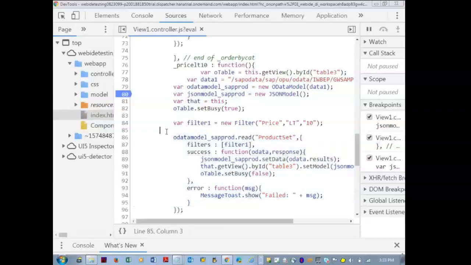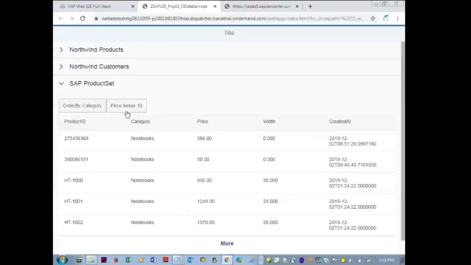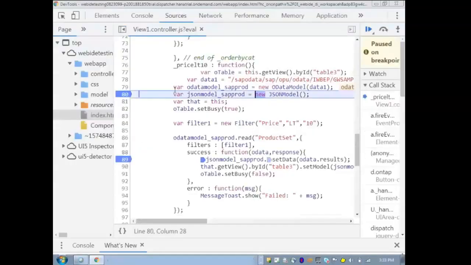Because in that scenario, if the data is changed, there will be old data in memory. Yeah, because for every event, I want to hit the data and get the data from the OData services. That is why I'm again reading this one.